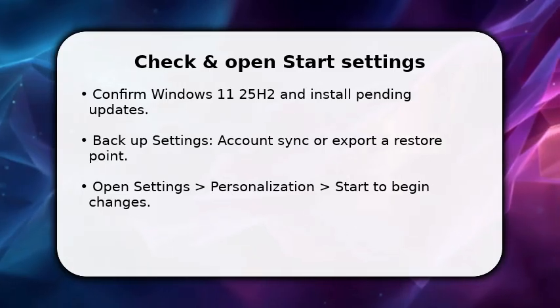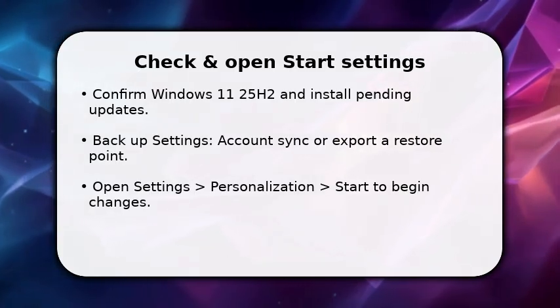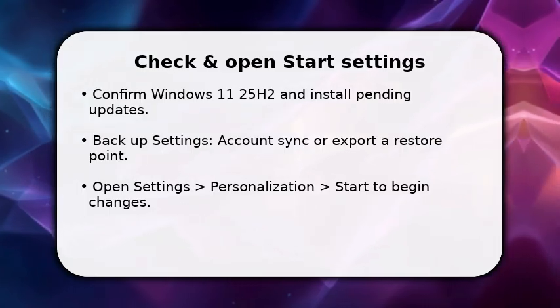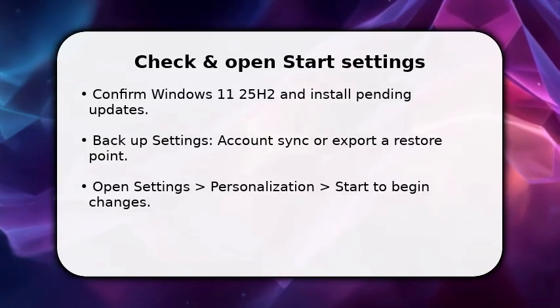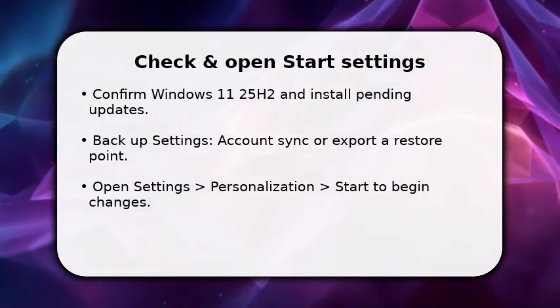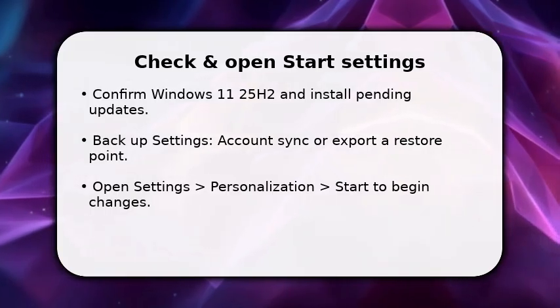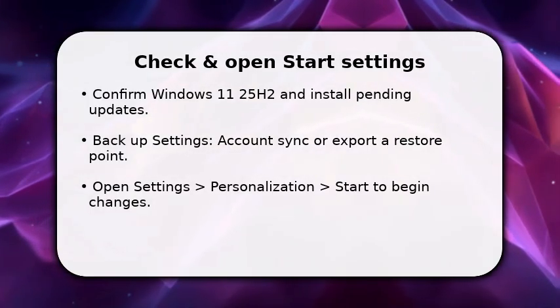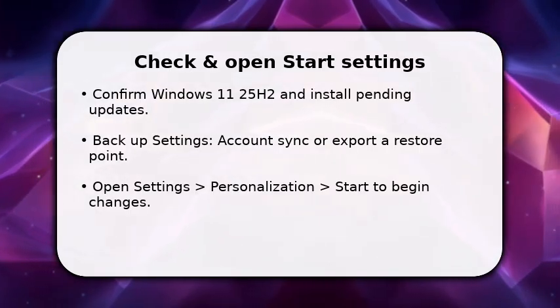You'll start by validating system and saving your current layout. Once done, open Settings and go straight to Personalization Start. Make sure you're on 25H2 because some toggles differ. Turn on Account Sync if you want settings mirrored across devices, then enable or disable the basic Start toggles: recently added, most used, suggested. These are the first actionable steps that let you see immediate changes as you proceed to